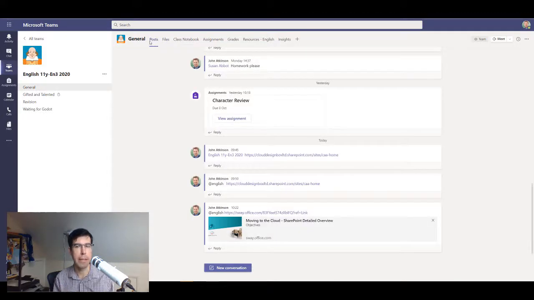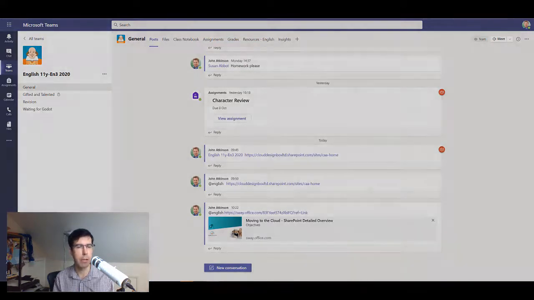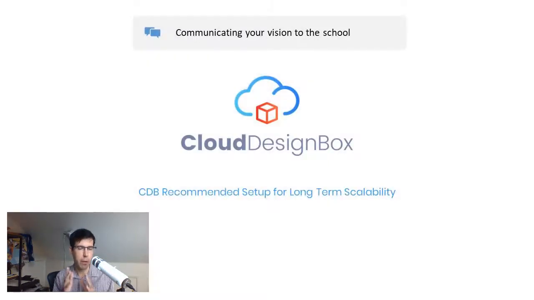So again, that's really what we're looking at when we're planning out this long-term solution, is making sure that you've got that structure in place. Make sure you've got those long-term resource areas so people aren't duplicating their workload. And that's why it's important to take a step back. Even if you're already using Teams, think about that long-term solution, because now people are using Teams. They're not going to all of a sudden stop using it in a year's time.